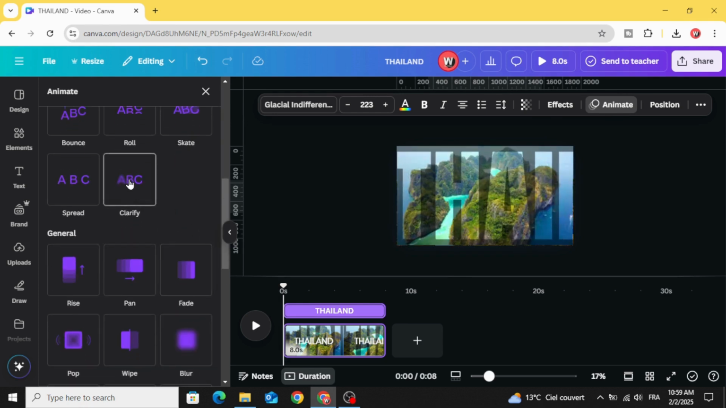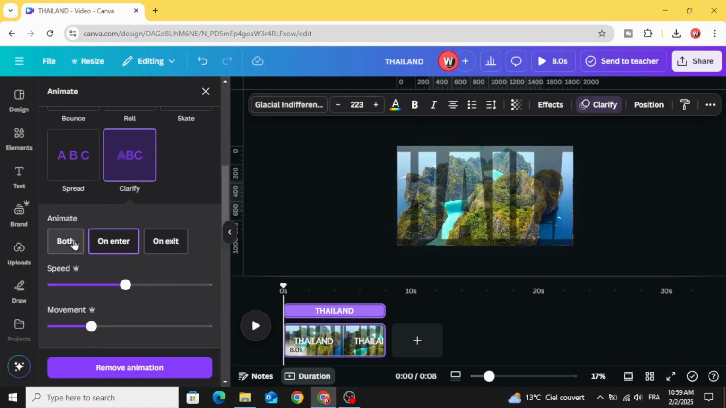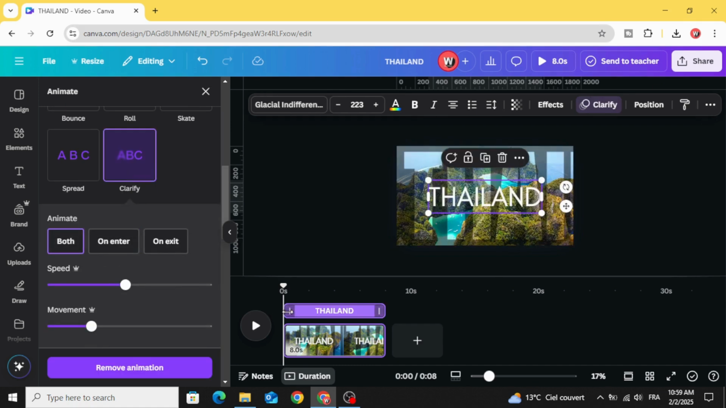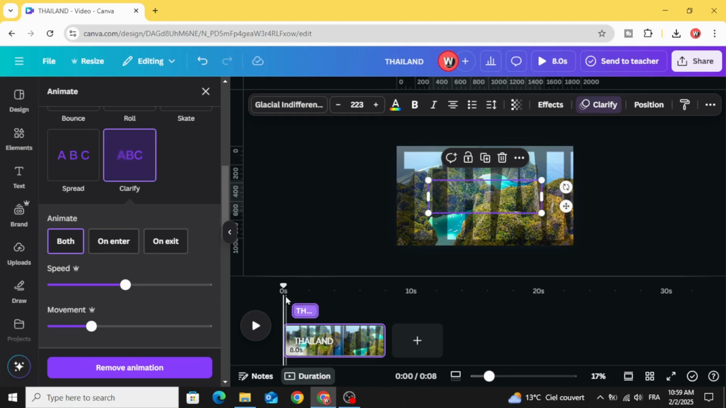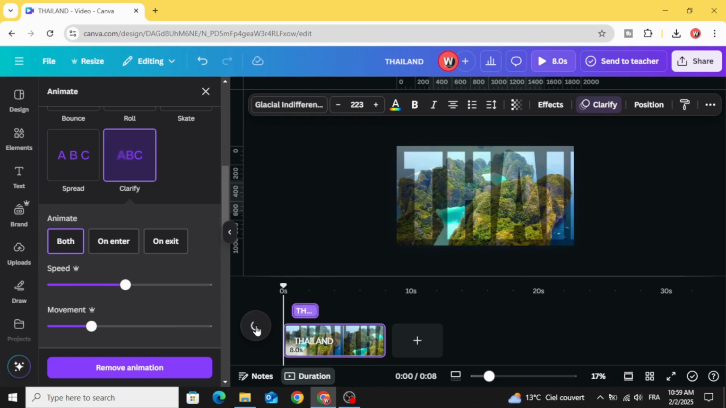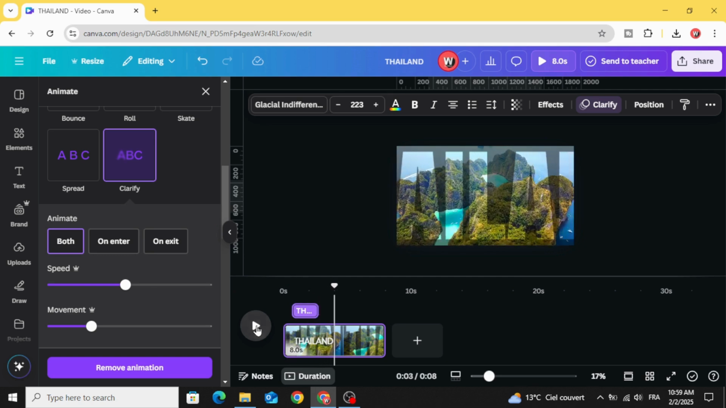Scroll down and choose clarify. Click both and adjust the timing of the text. Let's make it appear for 2 seconds. And here is the first intro. For the second one,